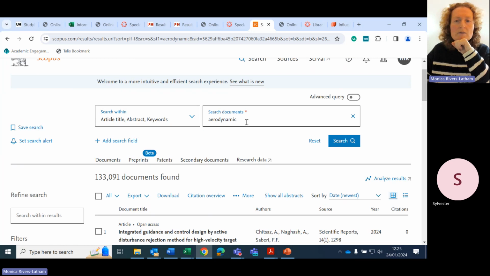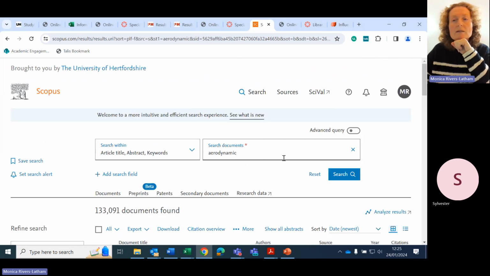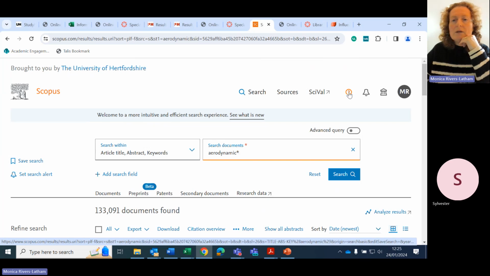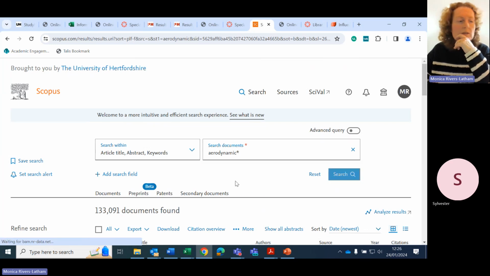So you need to harness the power of this interface and employ a few basic search techniques to target your search a bit more effectively. We can do something like a truncation symbol. It cuts the end off and looks for all the endings. So we can look for aerodynamic, aerodynamics, by just putting the star on the end. You would find this information in search tips here in help. It would let you know how to search using phrase searches and how to search using symbols that will find all the different endings for you. So if we do the search again,